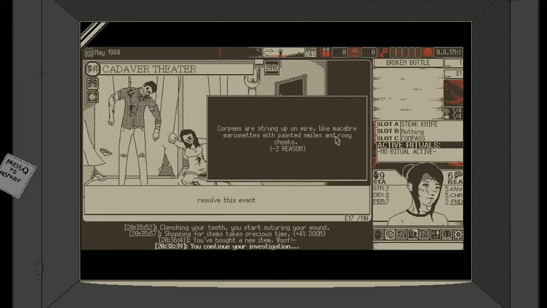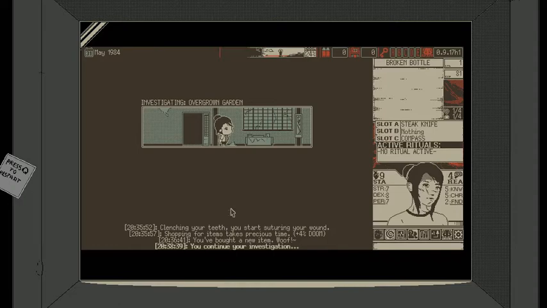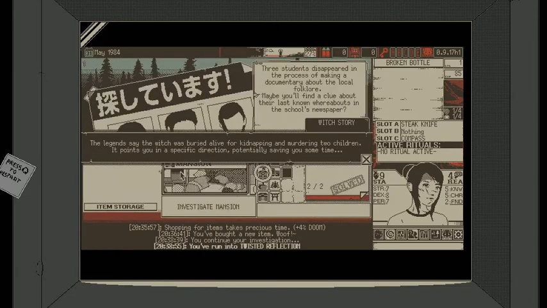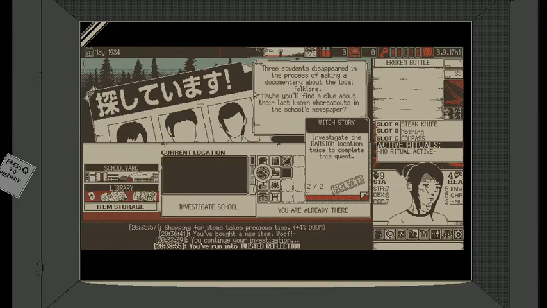Corpses are strung up on wire like macabre marionettes with painted smiles and rosy cheeks. Minus 2 reason. Our reason is messed up. Okay, bro. In the mirror, you catch a glimpse of something that shouldn't be there, plus 2 doom. The legends say the witch was buried alive for kidnapping and murdering two children. It points you in a specific direction, potentially saving you some time. So, I mean, I guess that helped us, but...